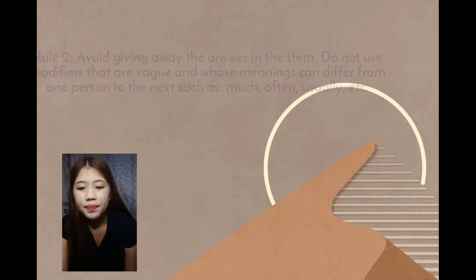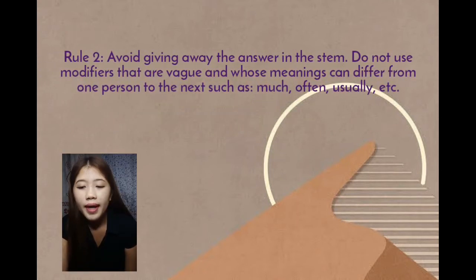Second rule. Avoid giving away the answer in the stem. Do not use modifiers that are vague and whose meanings can differ from one person to the next, such as much, often, usually, or etc. For example,